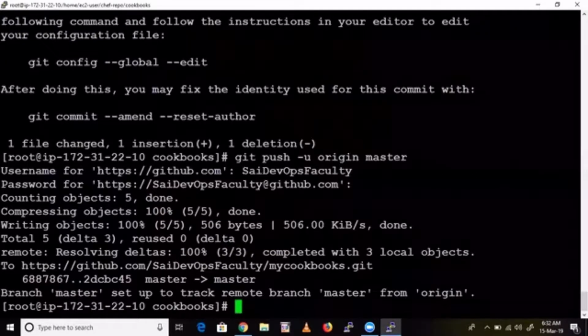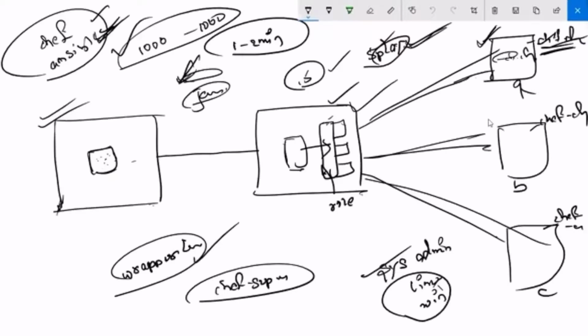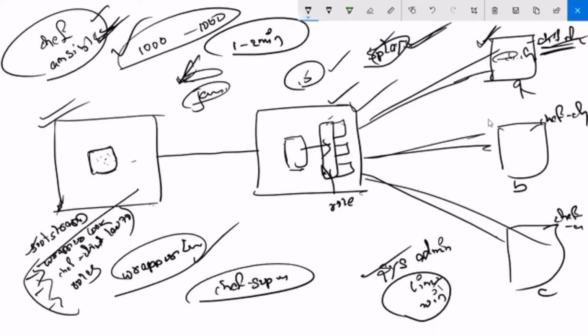I do understand some topics are very important, in-depth, confusing concepts. Bootstrapping, wrapper cookbook, running Chef client automatically, and roles. These are advanced concepts, guys. I don't think in an interview they'll go for these because they might not know all these things. Okay, these are advanced concepts.